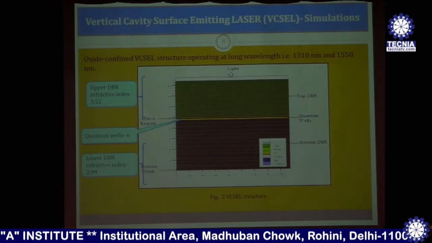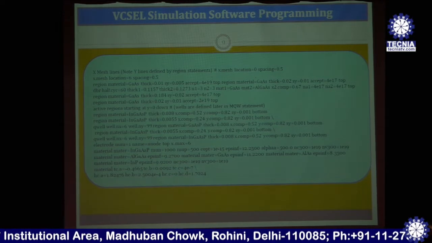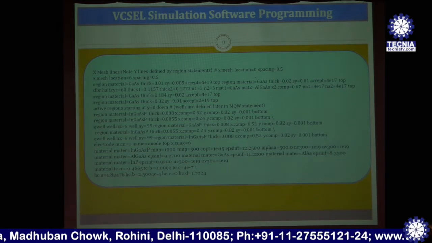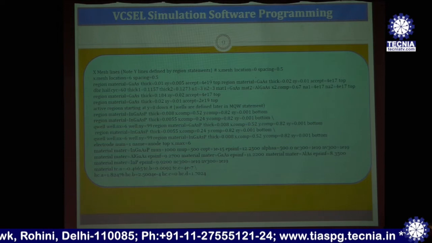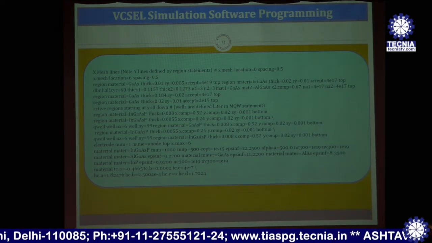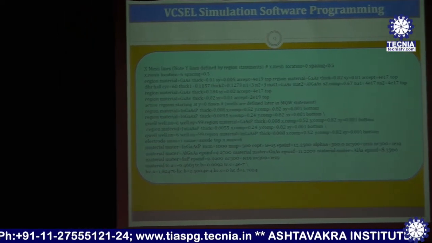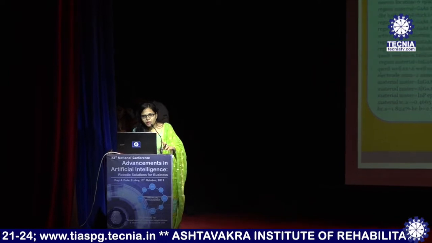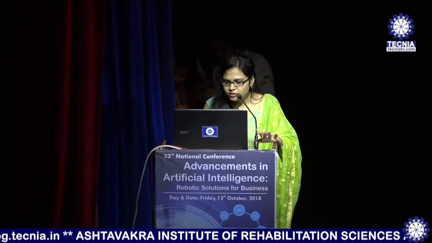So upper DBR, lower DBR I have shown you. Next, this is coding, as you do in C, C++, Java, .NET. This is also the coding behind the structure, how I got this structure. I have done the coding and I got this structure. In this, everything is specified, like thickness of the layer, number of layers, voltage that is being used, materials for the structure. Aluminum gallium arsenide material is used. You all must be aware of these things.